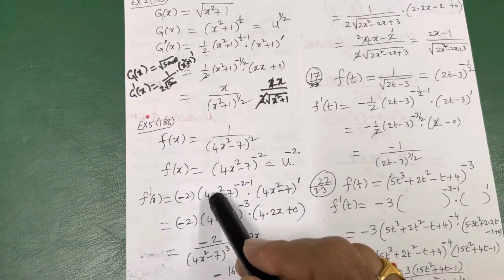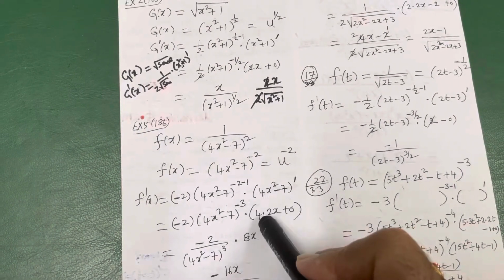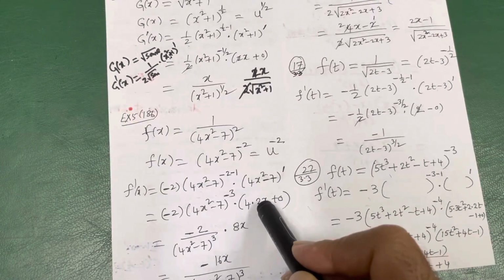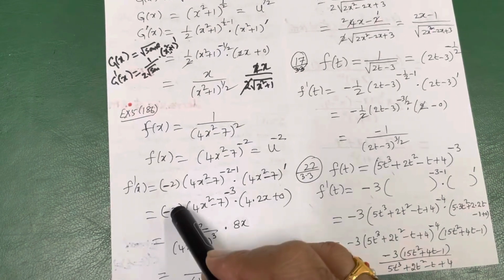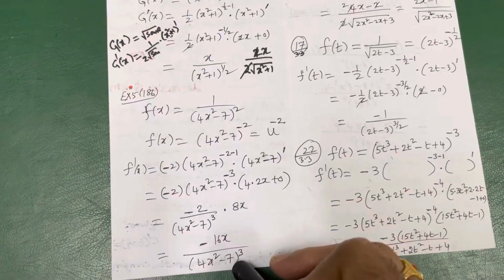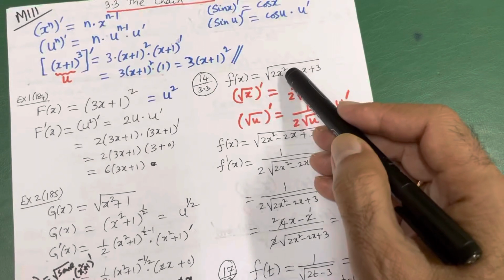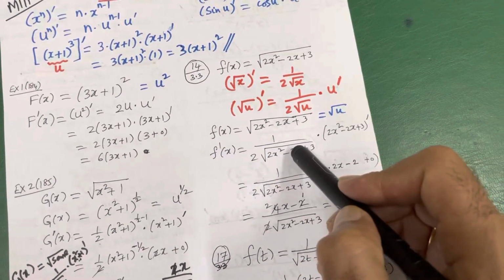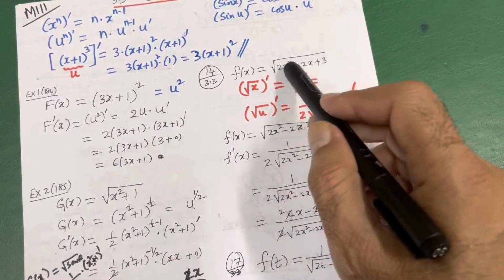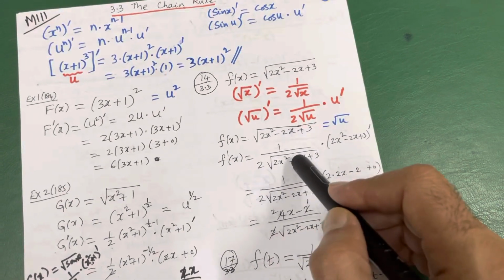So minus 2 times (4x square minus 7), with minus 2 minus 1 being minus 3. The derivative of 4x square is 4 multiplied by 2x, and the derivative of minus 7 is 0. So this is how much? 2 multiplied by 4 is 8x. 8x multiplied by minus 2 is minus 16x. (4x square minus 7) to the power minus 3, you cannot leave it up, bring it down, that is plus. So this is the same thing here. See, the derivative of root of something is 1 over 2 root something multiplied by the derivative of something. Root u derivative, inside you call it u, the derivative of root u is 1 over 2 root u multiplied by the u derivative.